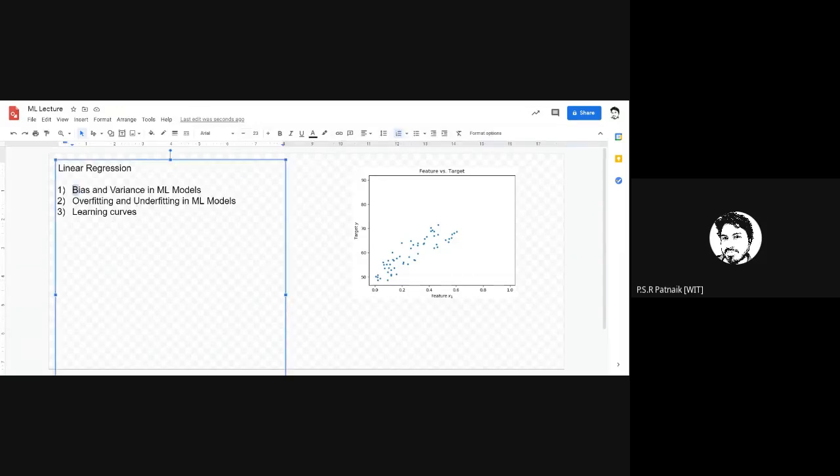So we're going to cover these concepts. What is bias and variance, overfitting and underfitting in ML models, and what exactly are the learning curves. So in order to learn this, instead of directly learning these concepts in a theoretical way, we will learn it with the help of a simple machine learning model used